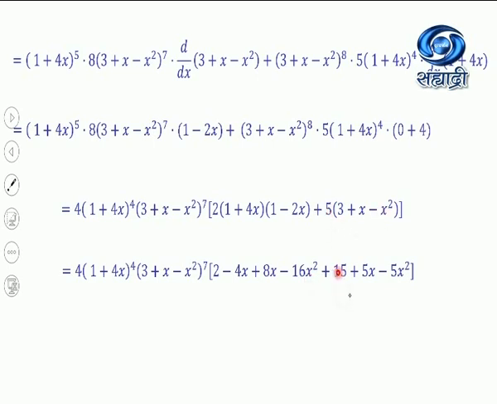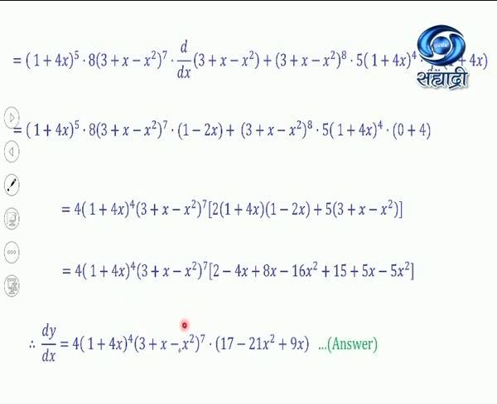Now 5 into bracket becomes this. 5 into 3, 15. 5 into x, 5x. 5 into minus x square, that is minus 5x square. You can simplify this. Now our next step is 4 into bracket raised to 4 into bracket raised to 7